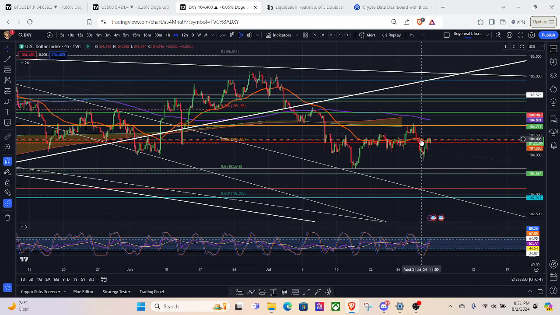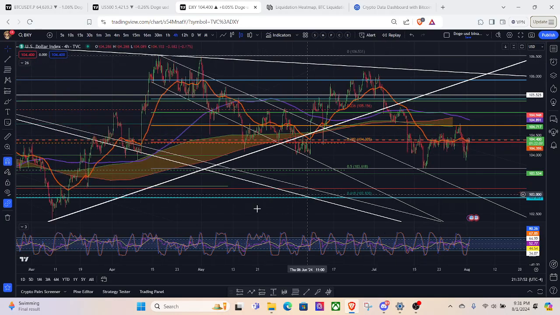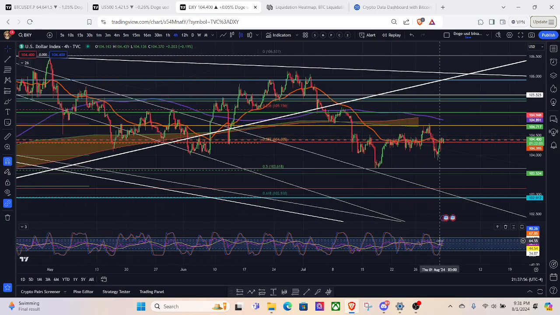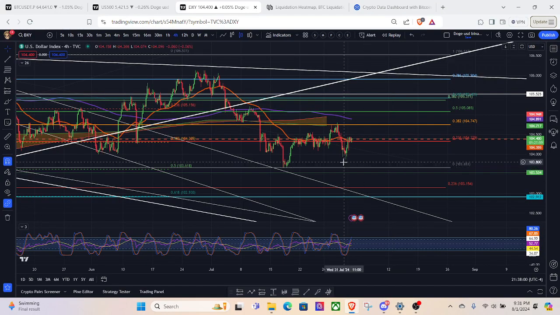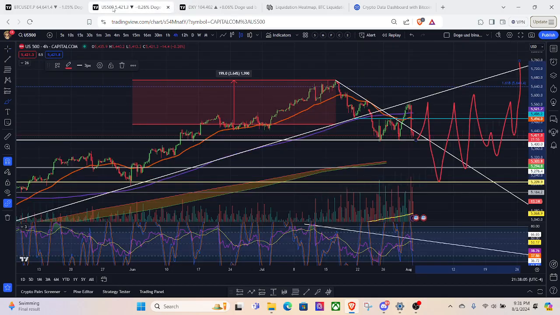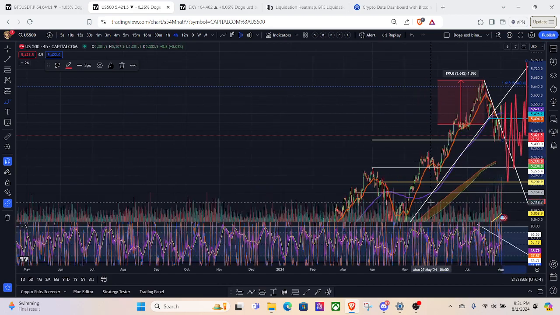Now Bitcoin is on its way back down. However, Bitcoin, if it does travel lower, is likely to find some support at those targets that we mentioned previously. The S&P, I think, is likely to hold up some higher lows, higher levels,